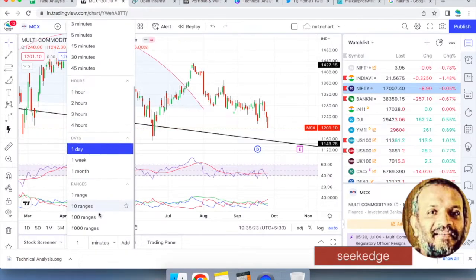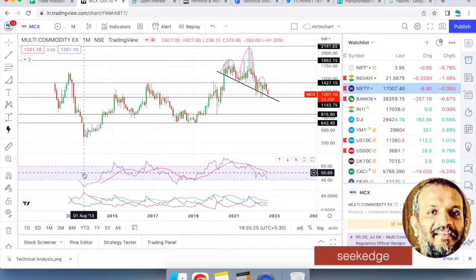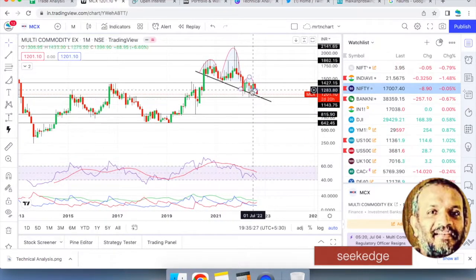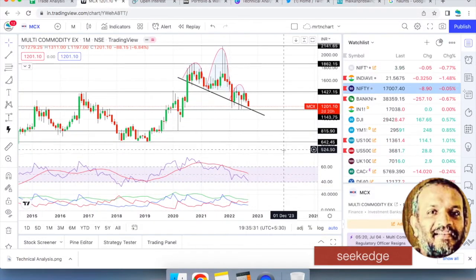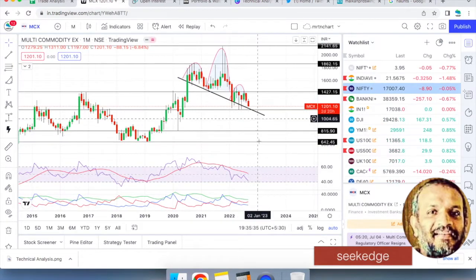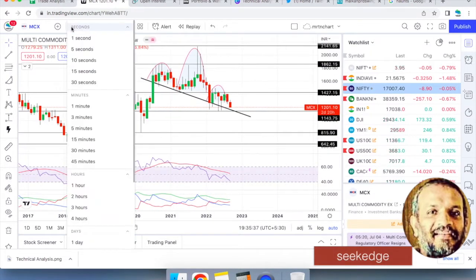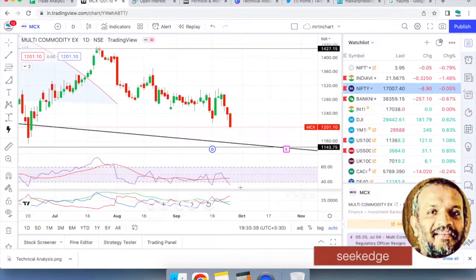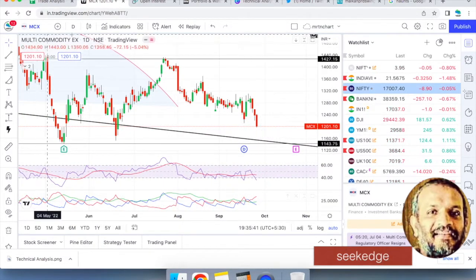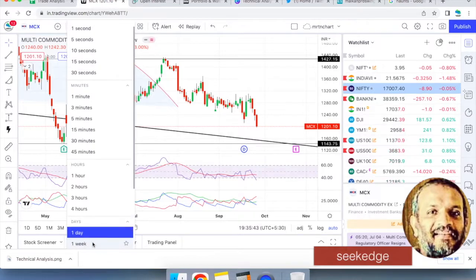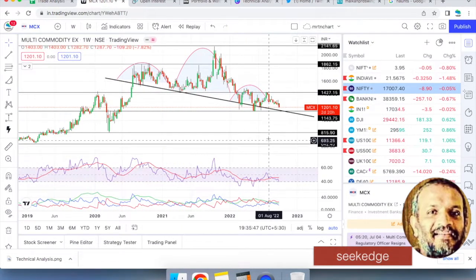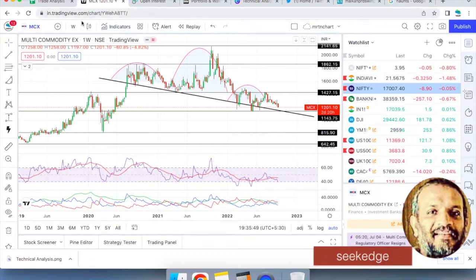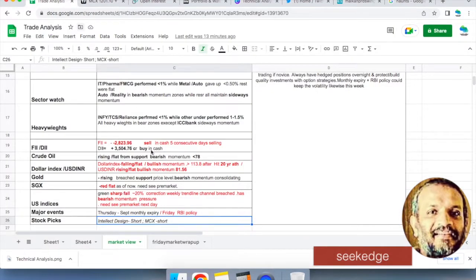Interestingly, the patterns are coming on the monthly. A head and shoulder monthly breakdown is possible, which can give good swing opportunities at the 815, 640 kind of levels on the downside, if it works out. But the monthly is a very long time frame. The daily and weekly are also cracking, with bearishness there. So basically, there is the trend line; if you watch and it reaches that, it can give you good short opportunities.